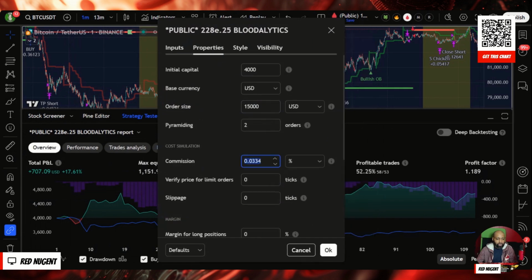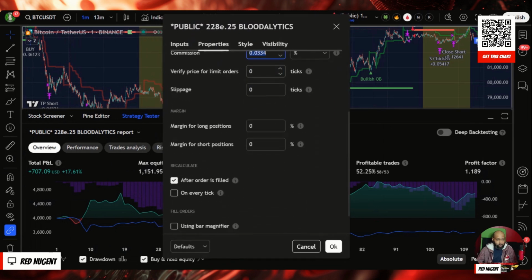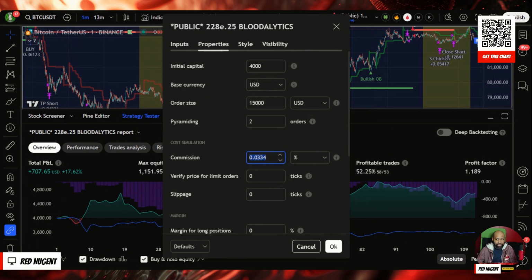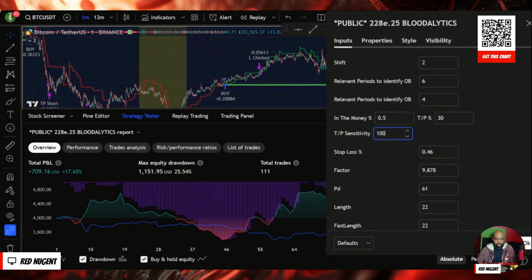Commission is also calculated. That's a big thing. A lot of signals don't calculate commission. That's the most important thing. You're not going to be trading something with no commission. That's not a realistic environment or scenario for you. So I always build my algos with commission baked in there to give you the most realistic expectations for the system. So again, I do suggest keeping the sensitivity